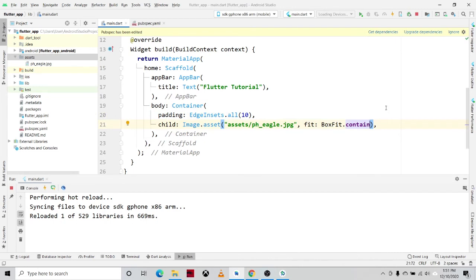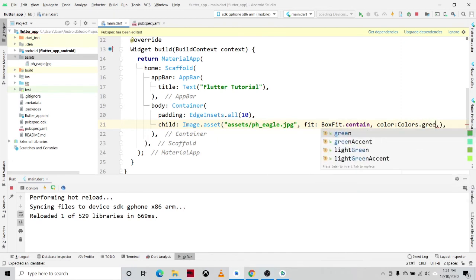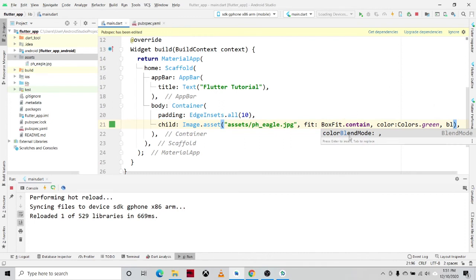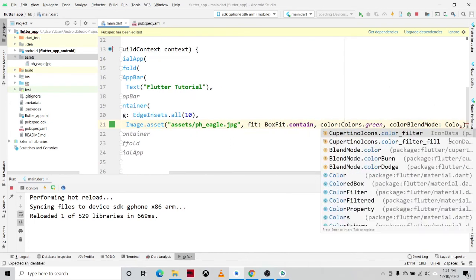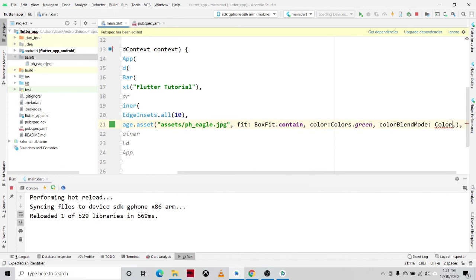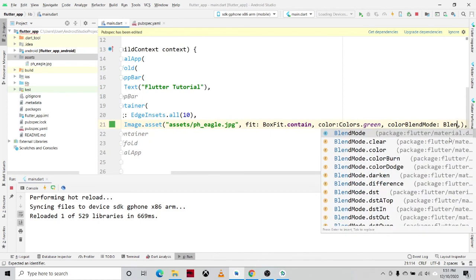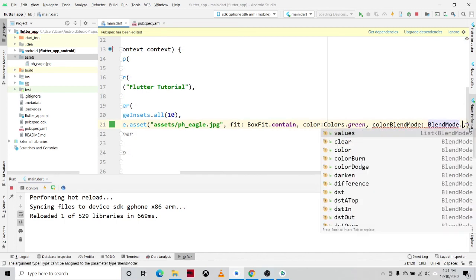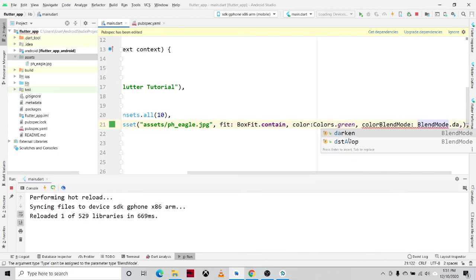You can also add a property which is the color property, then Colors.green, and blend mode, colorBlendMode, then BlendMode.darken, for example.